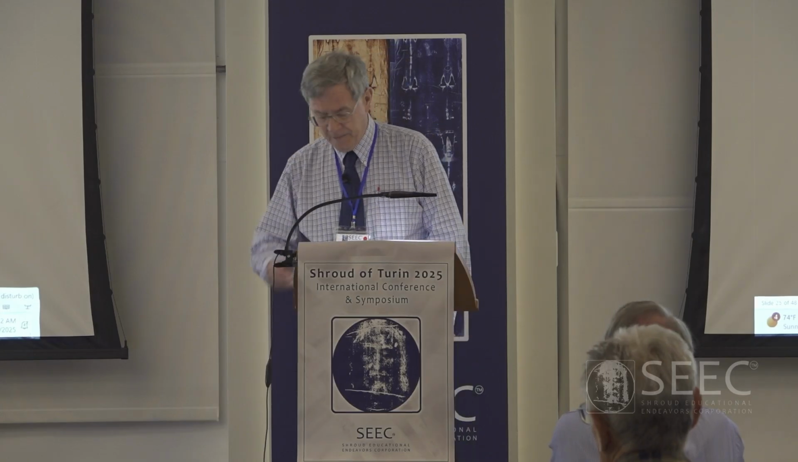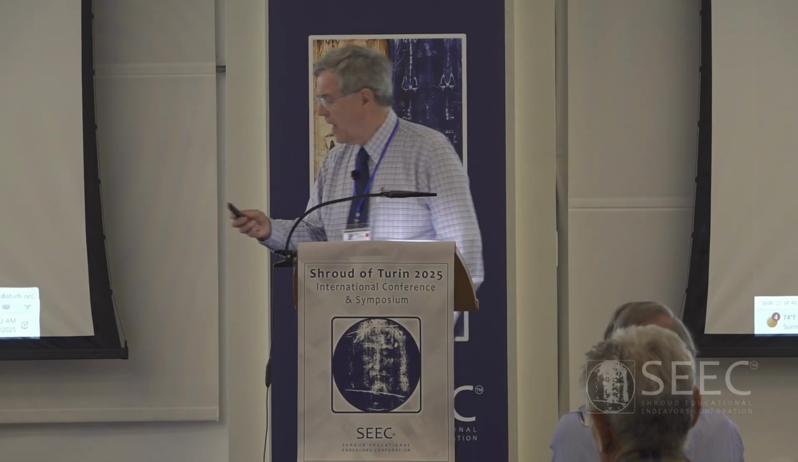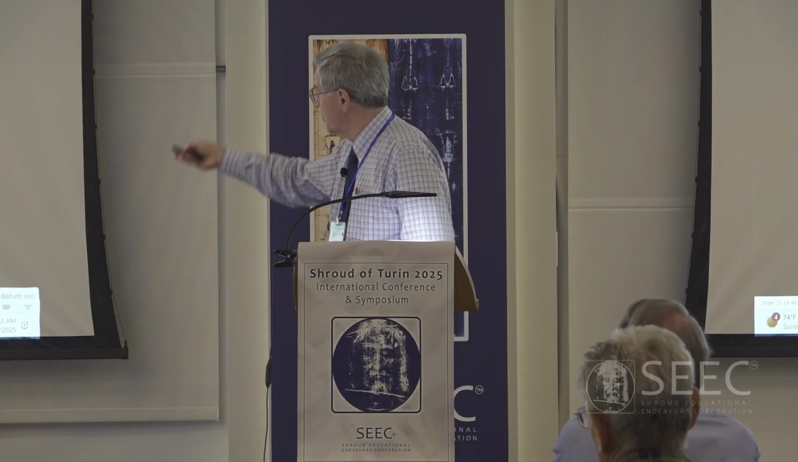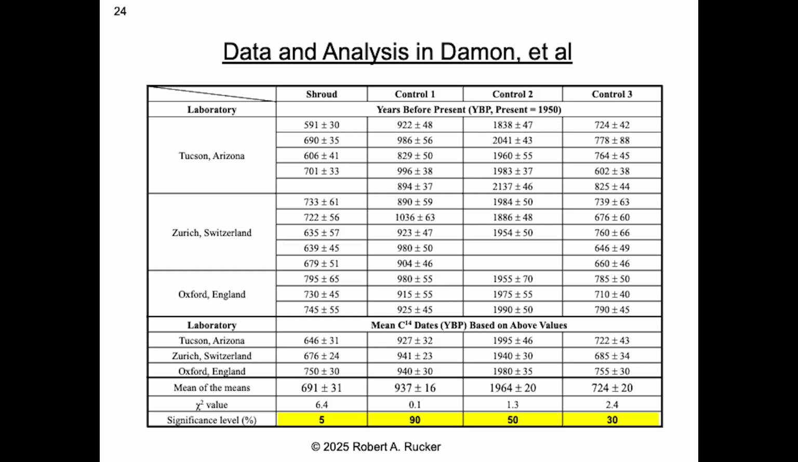Anyway, the other strange thing here, on the bottom, I hope you can see this, is the three different control standards. You have 90%. This is the significance level of the confidence you can give it. 90%, 50%, 30%. Yeah, you can trust those values, and the dates turned out to be consistent with what they expected. But over here on the Shroud,